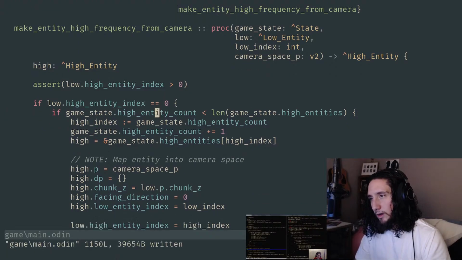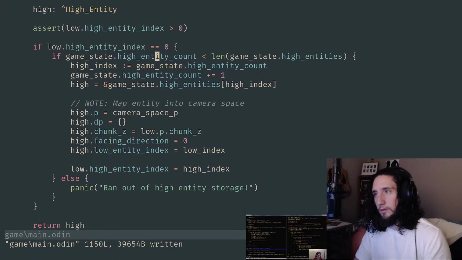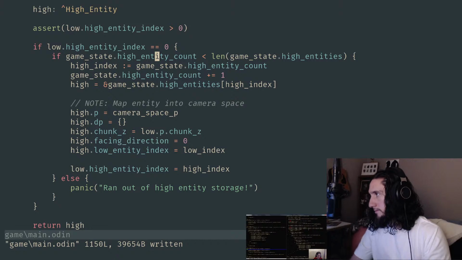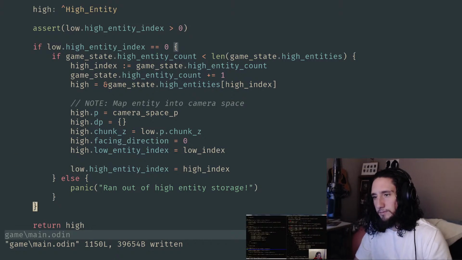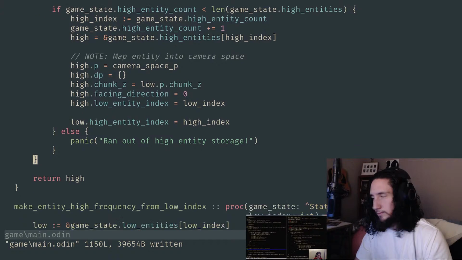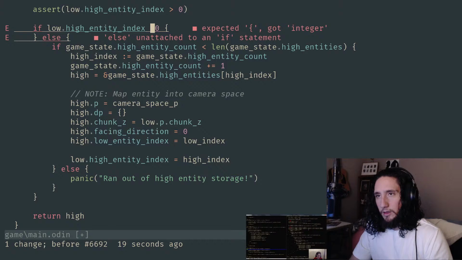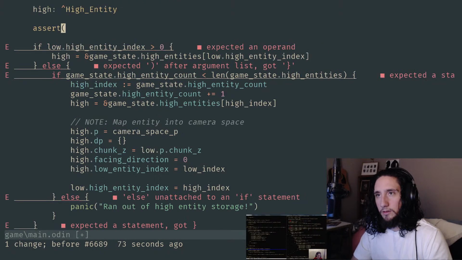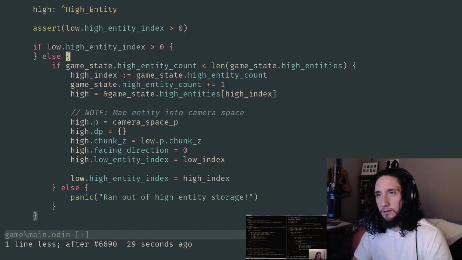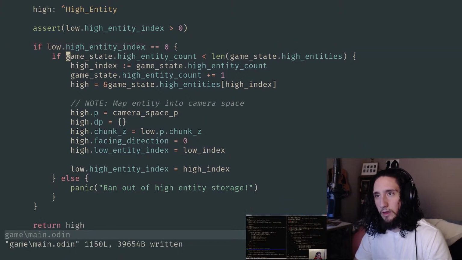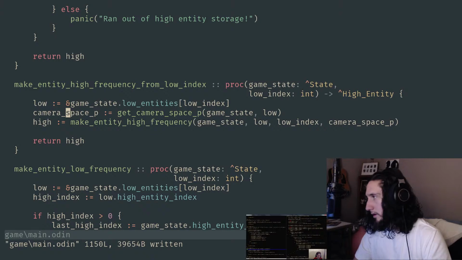And then do the guard, like you said, so we're not duplicating essentially the low entity into a high frequency. And then need to actually take that so I can move it into that higher level call.